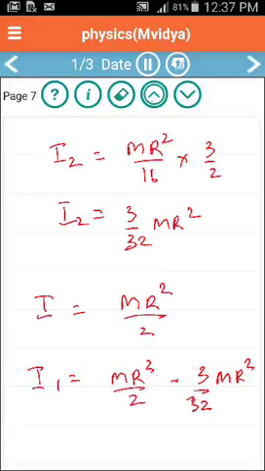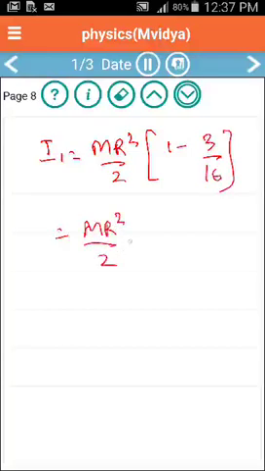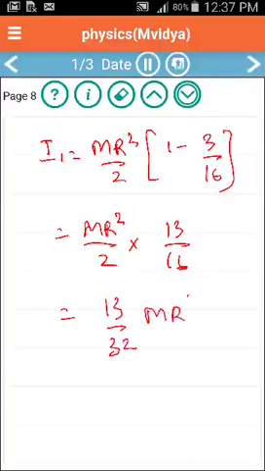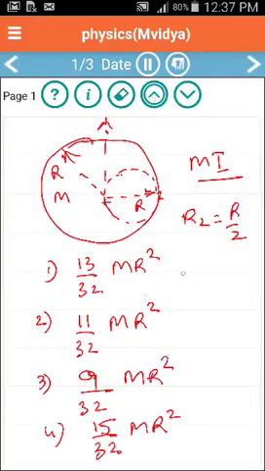So I1 is mr squared upon 2 into 1 minus 3 upon 16. Mr squared by 2 into 16 minus 3, 13 upon 16, or 13 upon 32 mr squared. So this is the answer choice, which is